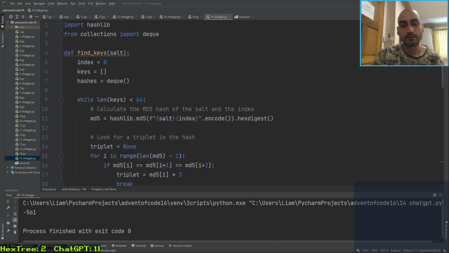Right. We beat ChatGPT. So that's three to me, 11 to ChatGPT. But yeah, ChatGPT is able to tackle some quite challenging algorithmic problems as well, like ones involving writing A-star searches and dynamic programming, which came up in some other problems,